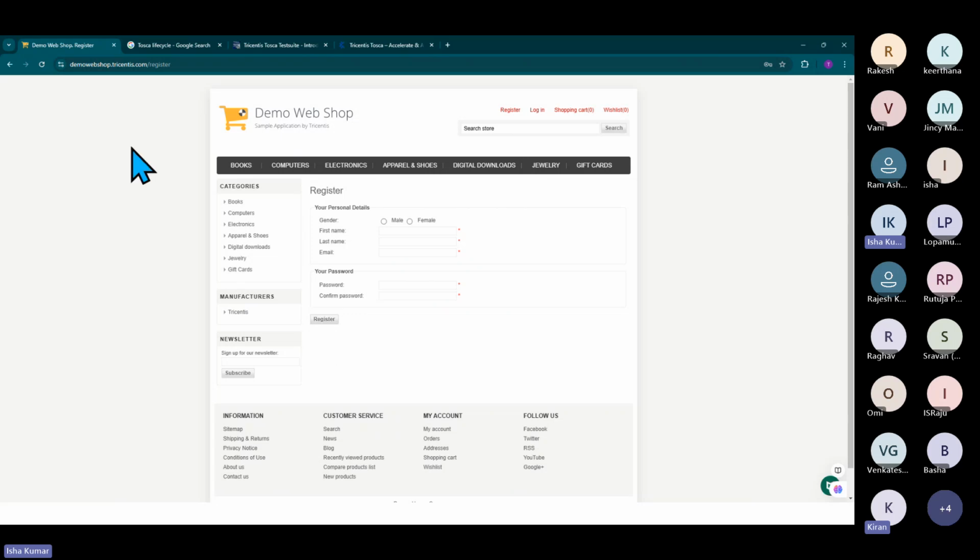So this is your first test case. For that, you have to grab the technical information of this particular register, because you are telling Tosca to go and click on this particular register. If you have to click on it, Tosca has to store somewhere what is the register, what kind of